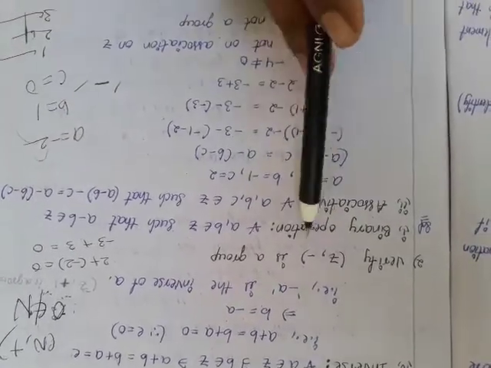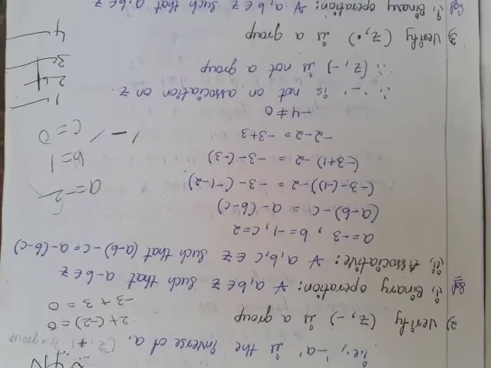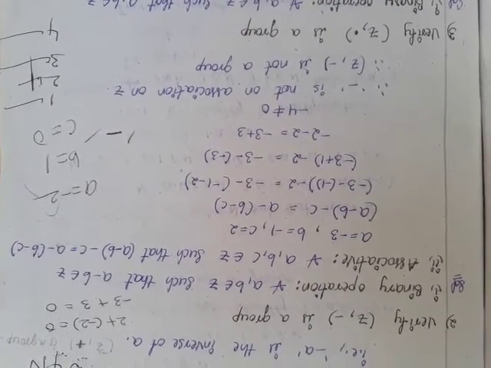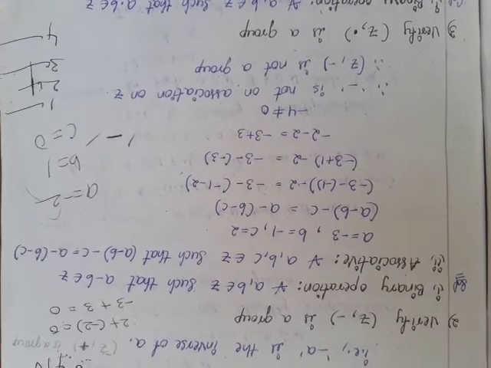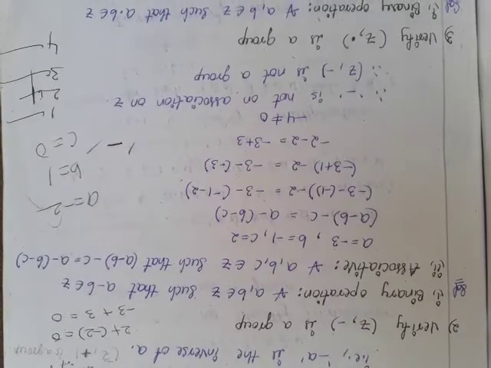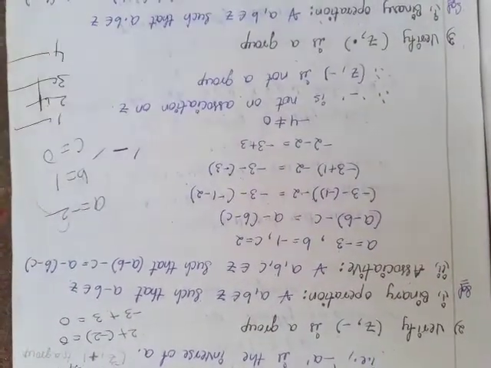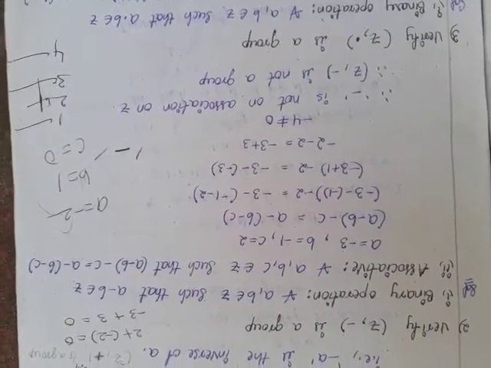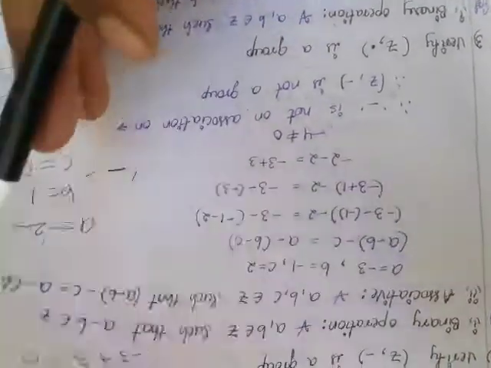Next, verify Z comma minus is a group or not. Suppose that binary operation, take any two elements, 2 comma minus 3 belongs to Z. 2 minus of minus 3 is equal to plus 5, which belongs to Z or not. So clearly it satisfies binary operation because capital Z contains positive numbers, negative numbers, including 0. So clearly it satisfies binary operation.